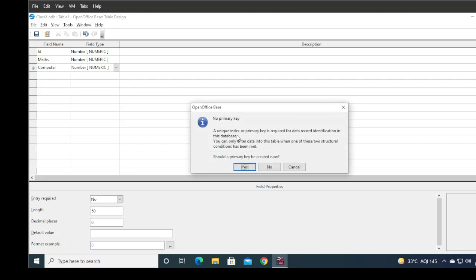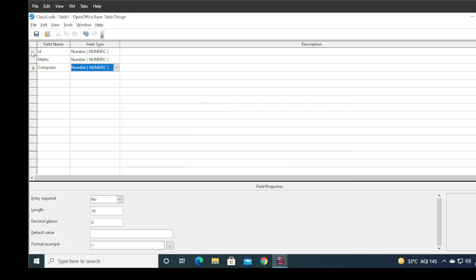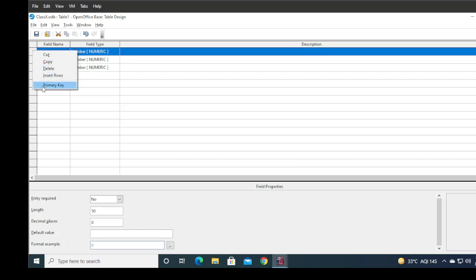So your table is created here. No primary key there, it won't create the primary key. If you want to put the primary key on ID, then you can click the cancel here, and then you can right click on ID and set the primary key. If you click on the OK, then automatically one field is added here, ID, and primary key will be activated.